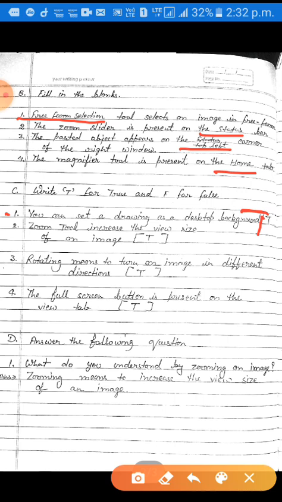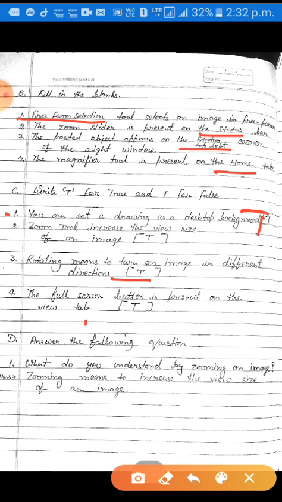Next question number third is rotating means to turn an image in different direction. Yes, dear student, this statement is also true. Rotating means to turn an image in different direction. This statement is true.